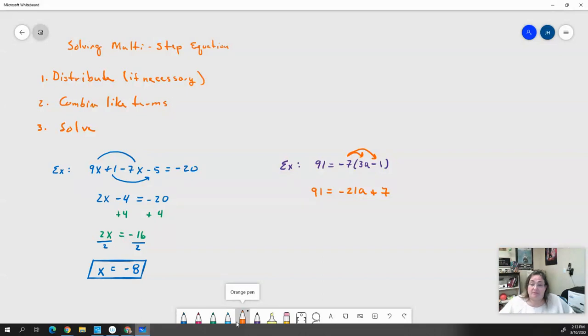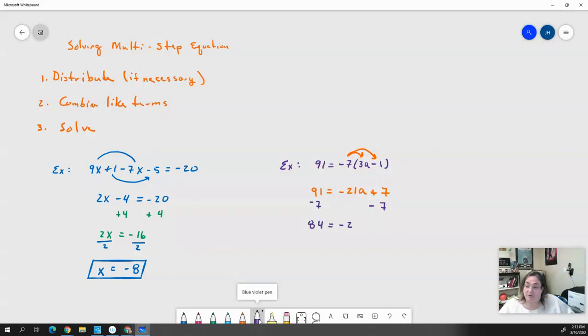So I would start undoing everything that's being done. Think of it in terms of opposite PEMDAS, right? Normally we do addition and subtraction last when we're doing order of operations, but because we're undoing what's being done to that A, we kind of go backwards with it. So we're going to go minus 7, minus 7. And if I subtract 7 from 91, I get 84